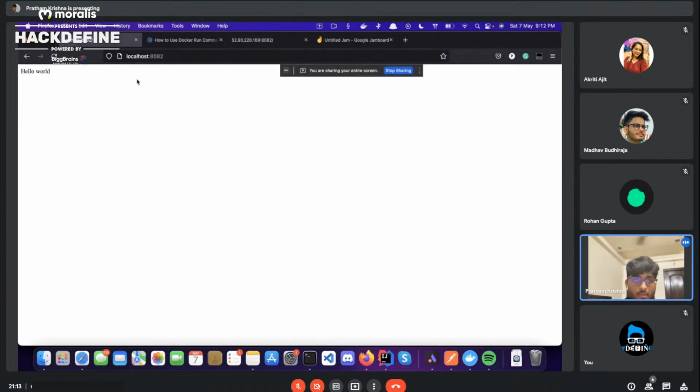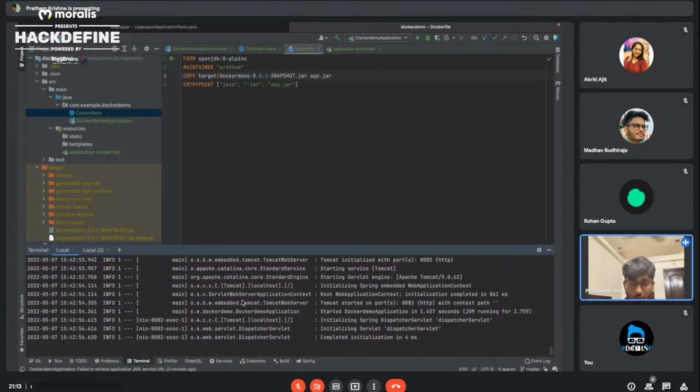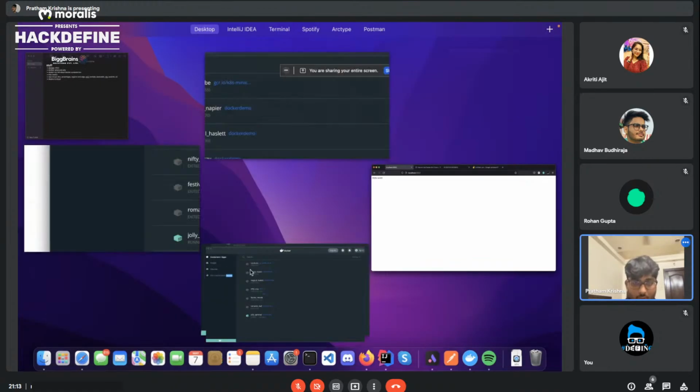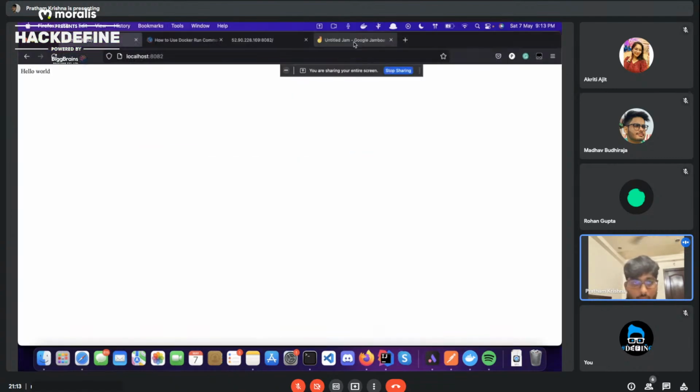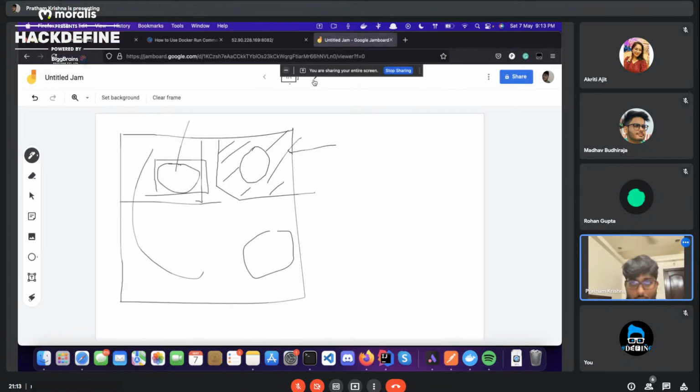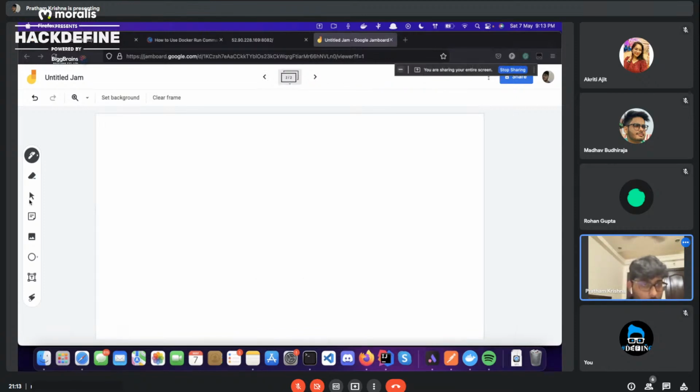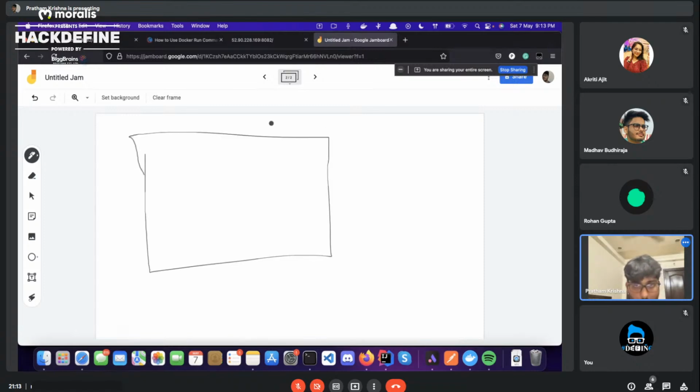Reload. Yeah. So you're running this request, which is actually being sent to port 8082, and that is being redirected to your Docker container. So how exactly does it work? What is happening here is key. Let us assume this is your container, and this is your application. Your application is running on a specific port. Let's assume this to be port 8082.